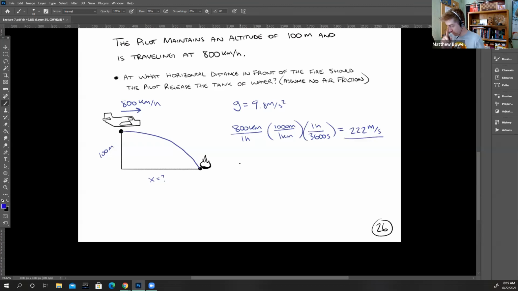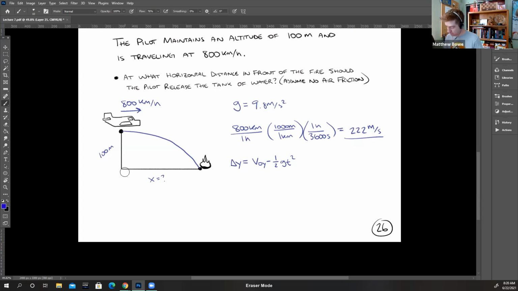So to start out, we can find just the vertical component. So let's say just the vertical component of a kinematic equation to use. Let's use this one. Delta y is equal to the initial velocity in the vertical direction minus 1/2 g t squared. Okay, so it's minus because we're going to say that's,